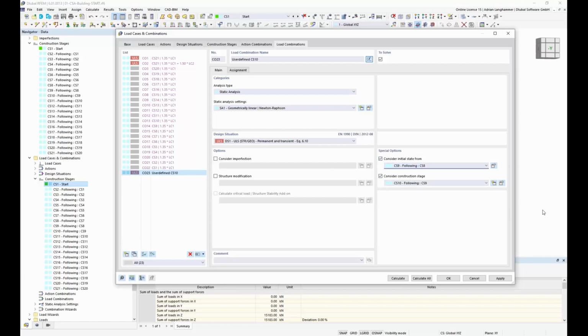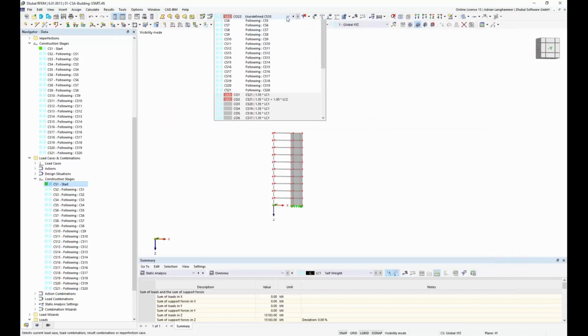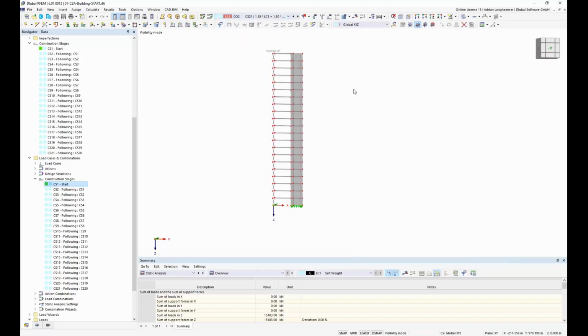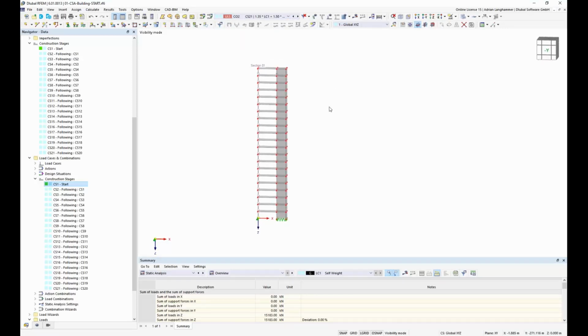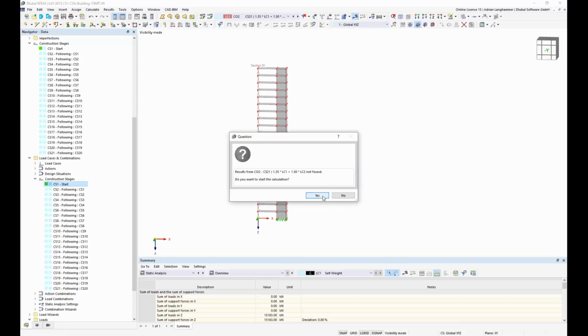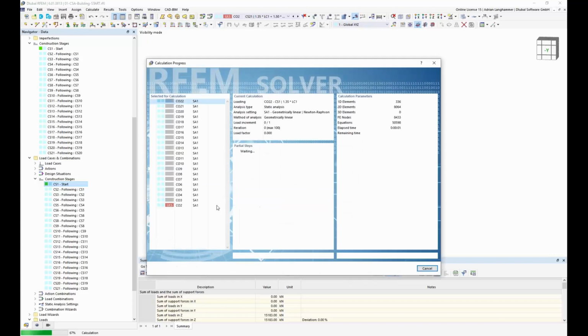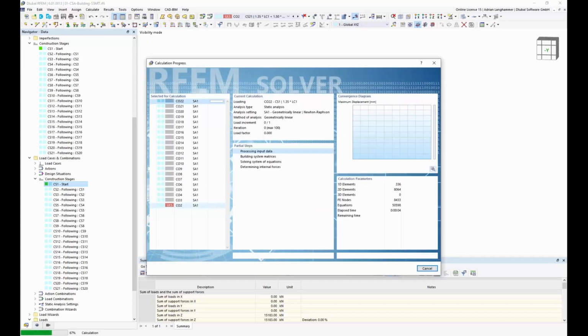Now I'm ready with the definition of the load combinations, and I could check here with OK, and I could start the calculation, maybe first of combination 2 for the finished construction. So this is with live load. There's also combination 1 only for the dead load. Here we see